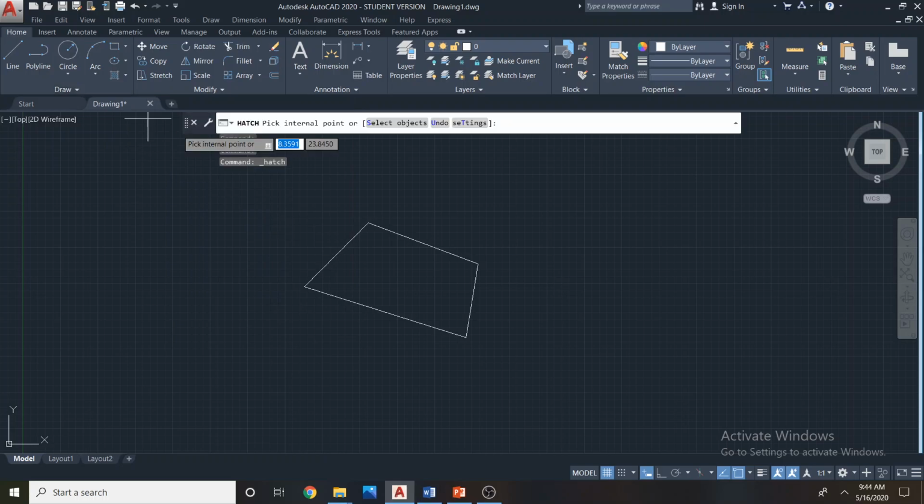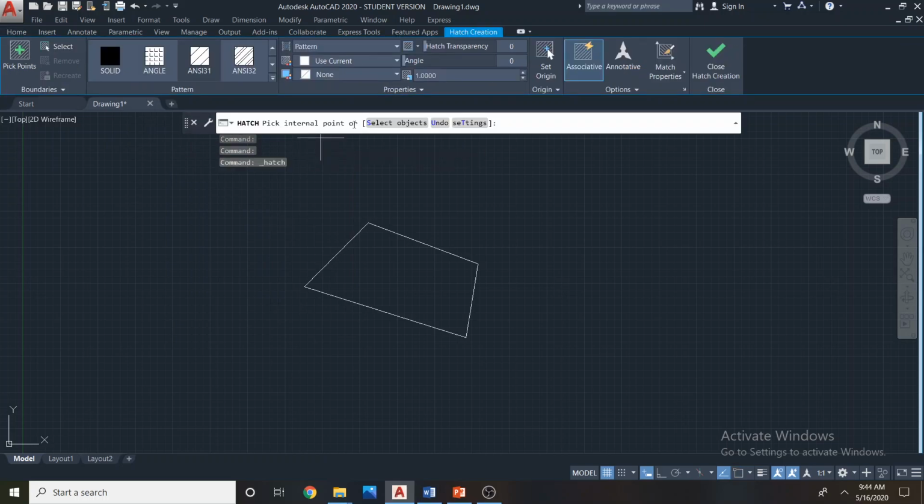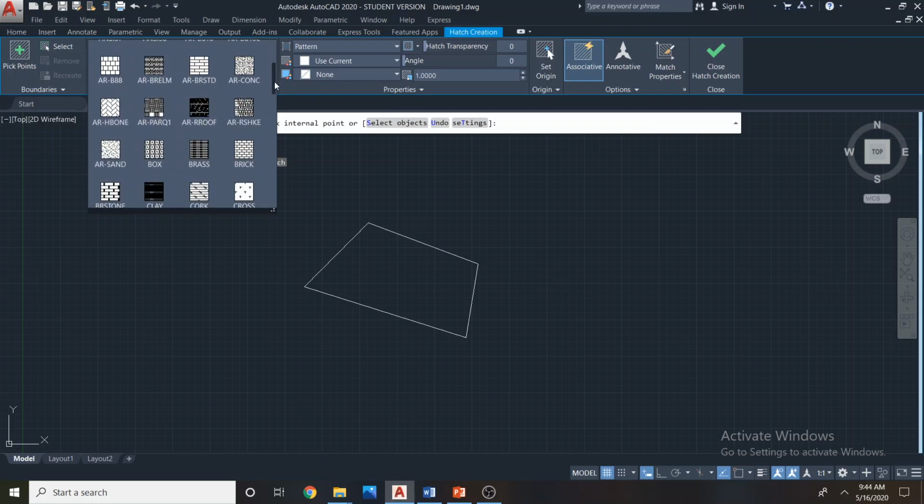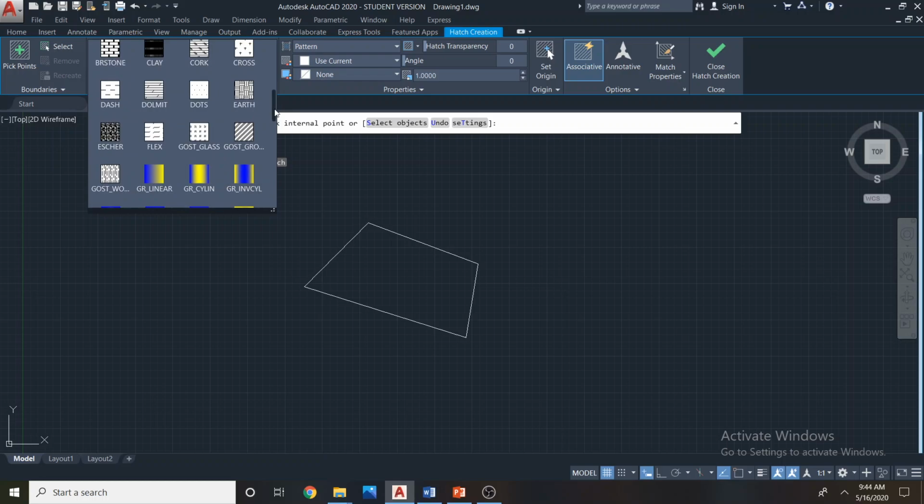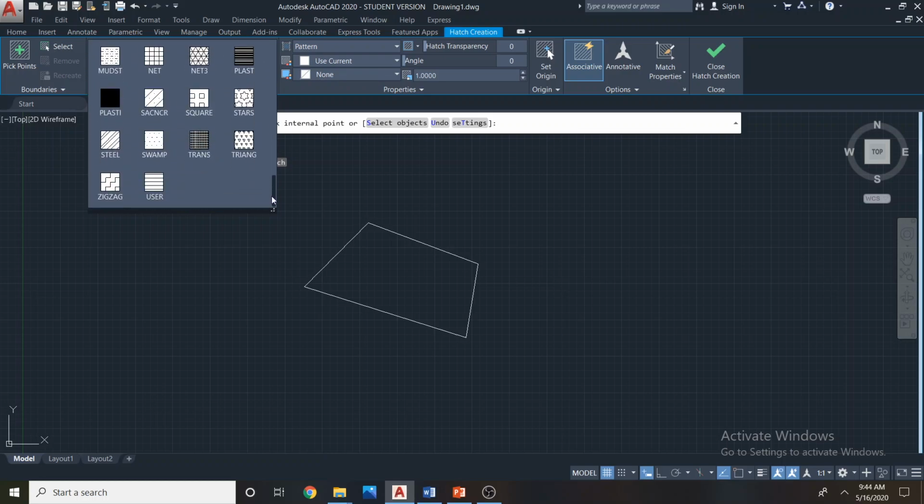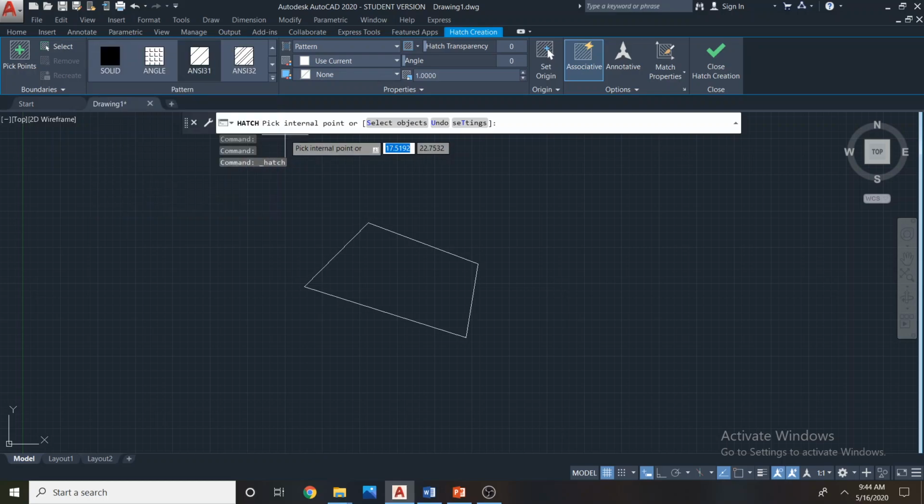So when I click the button, it says pick internal point or select object. So hatch pattern is defined here. So the ribbon changes and you can select the pattern from this palette. So normally, say if I want to hatch, steel patterns are available in the software. So this is steel, very common pattern, and we have the concrete somewhere in the middle,